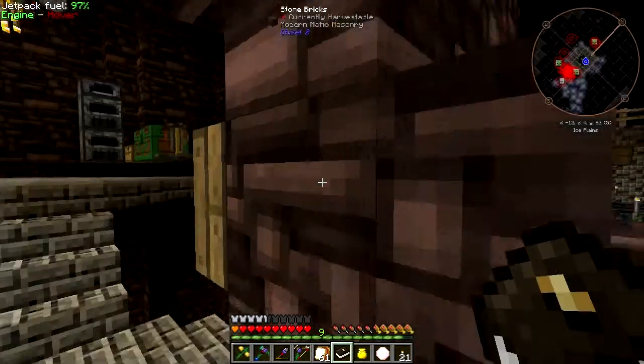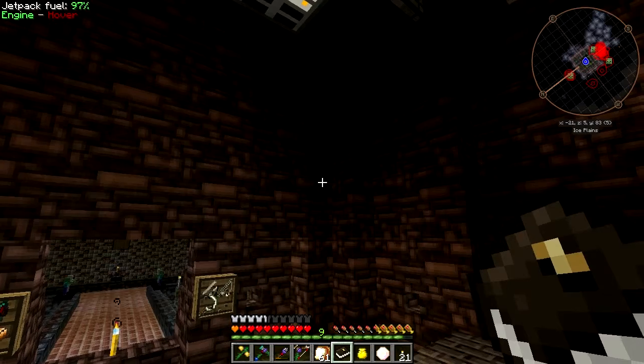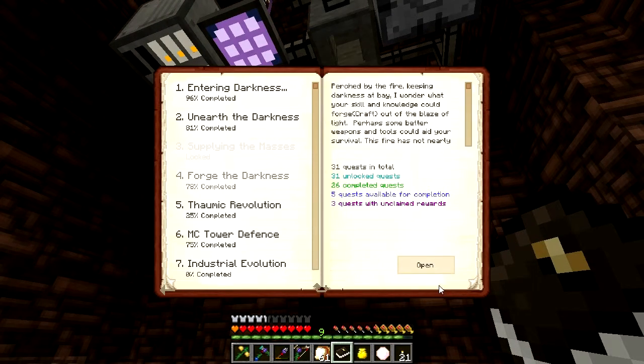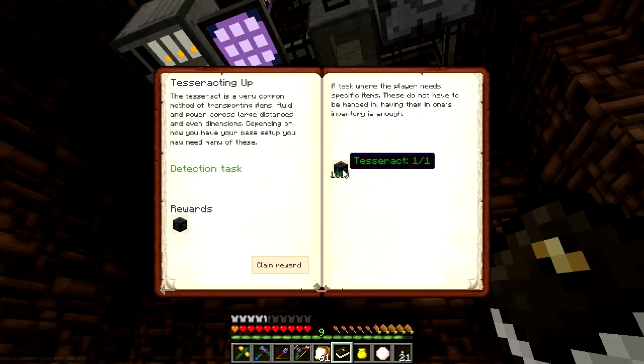Alright, so let's get this cleared out, and I'll get this part done right now at least. So, chandelier is one of the things. Let's see. Was that in Forge? No. But we do have some things in Forge. I did do the Tesseract. Actually, not too bad. All I had to do was make